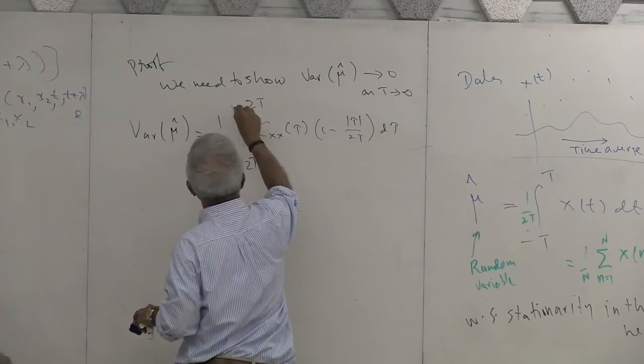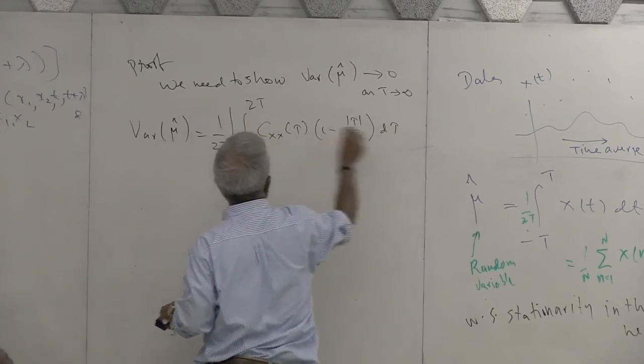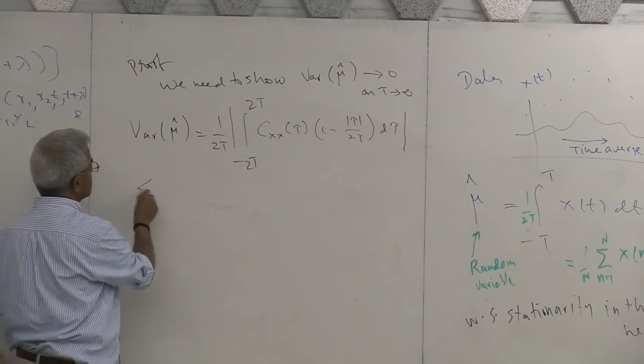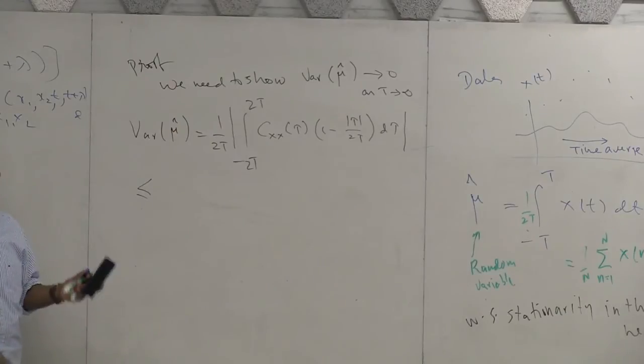Remember, variance being positive, let me take the absolute value. That's fine, no change. But this is now less than or equal to, the absolute value of an integral is less than or equal to